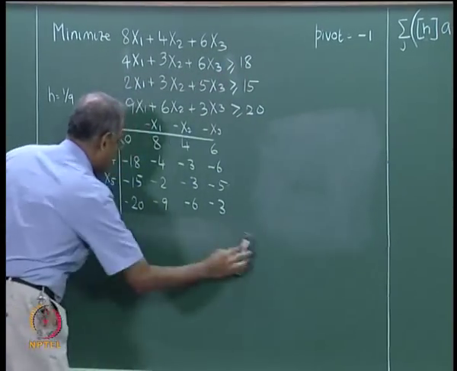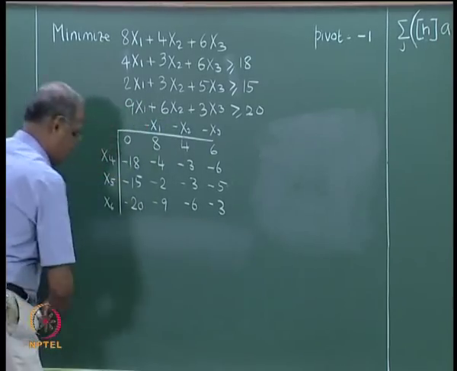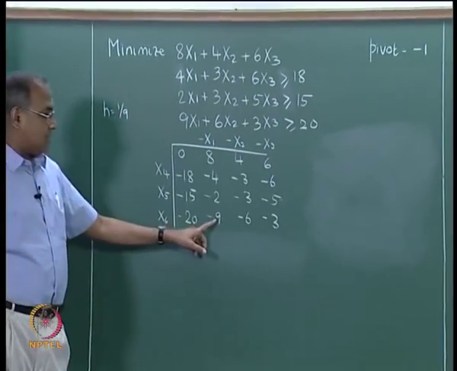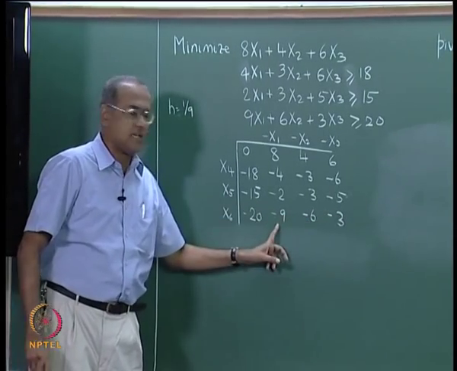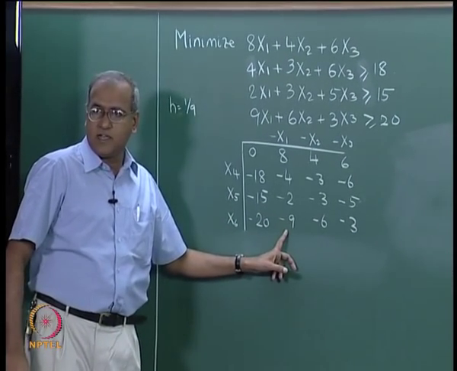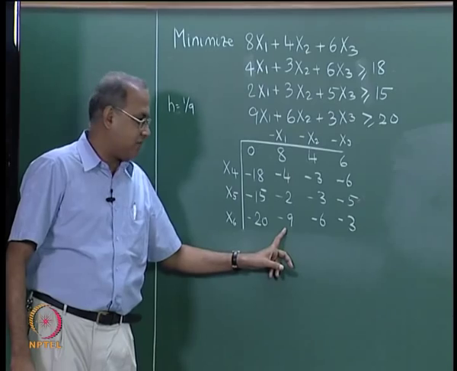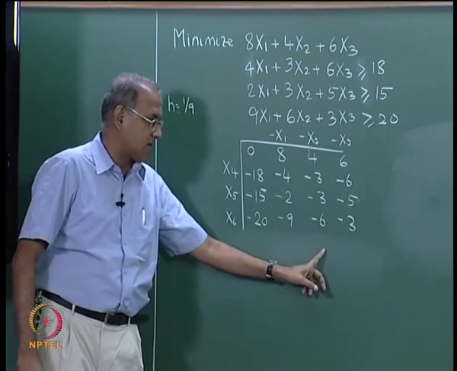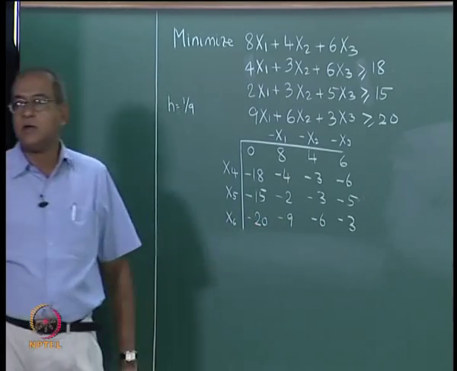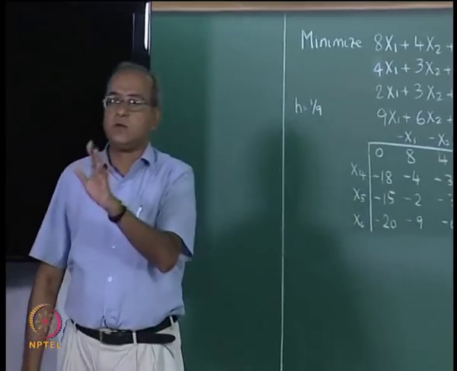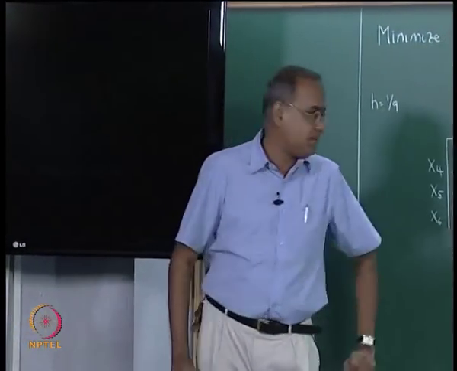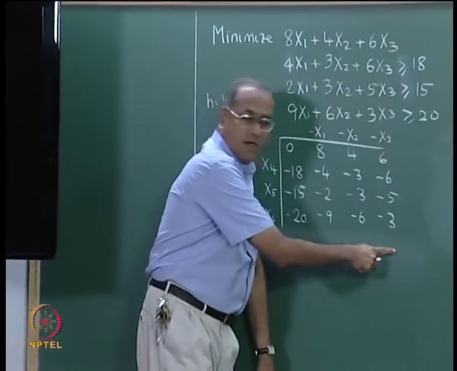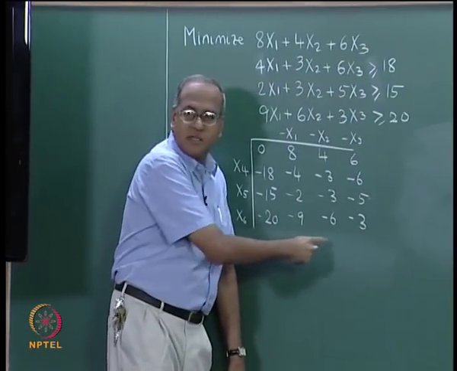Now, let me go back to this equation and see the other one. After all, we chose h equal to 1 by 9 by choosing the largest of these numbers and saying when I have h equal to 1 by 9, I will definitely get a minus 1 here, a minus 1 here and a minus 1 here. Now, what happens when I get h equal to 1 by 3? Suppose I use h equal to 1 by 3, I would still get a minus 1 here, but I will get some other numbers here.